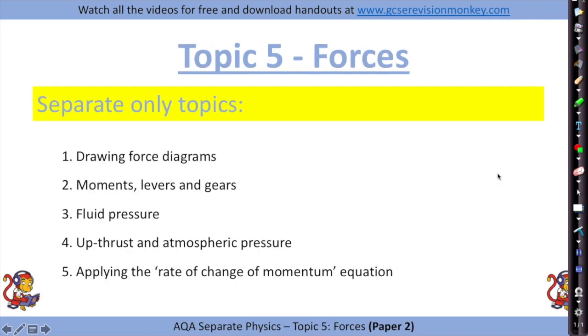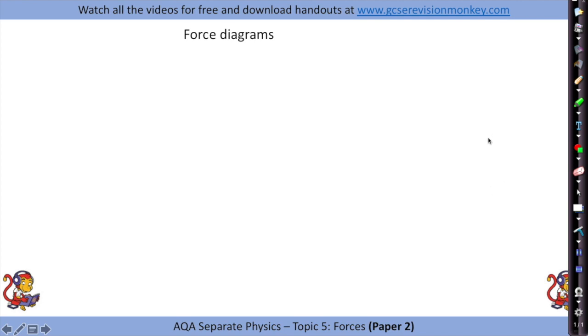Okay, in forces, we've got drawing force diagrams, moments, levers, gears, fluid pressure, so pressure at different depths in water, upthrust, force upwards due to being in water, and atmospheric pressure, so the pressure of the air above us, and applying the rate of change of momentum equation. So let's get started. So with force diagrams